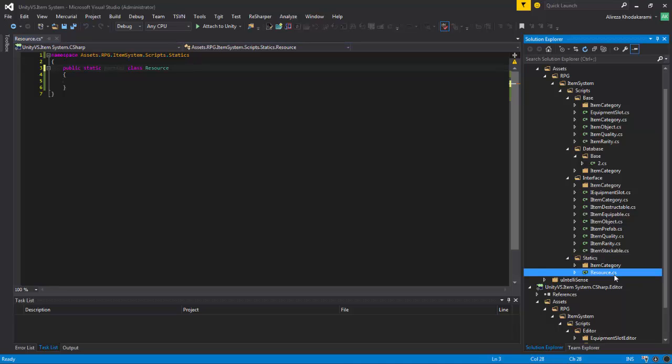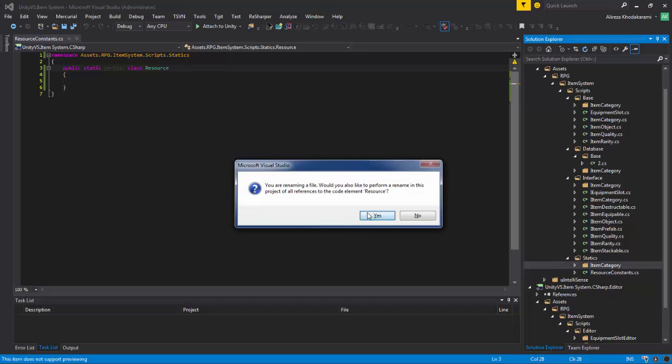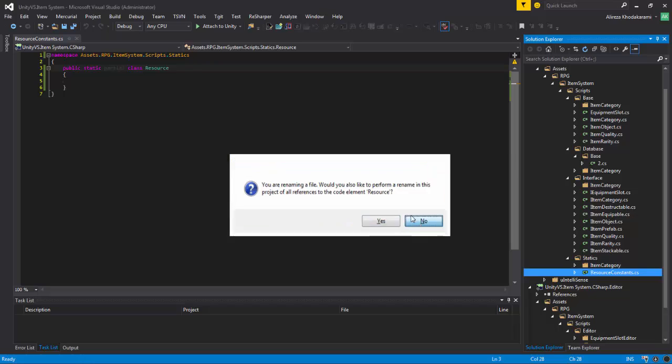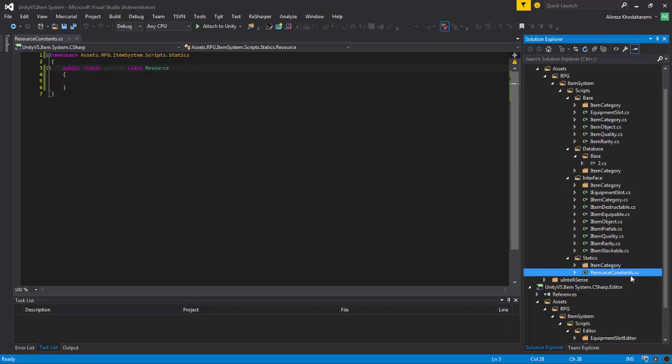And right now I will rename the file here. ResourceConstants. In this project, of all references to the code, no, I just need the name itself, okay? Else it would add it here. So